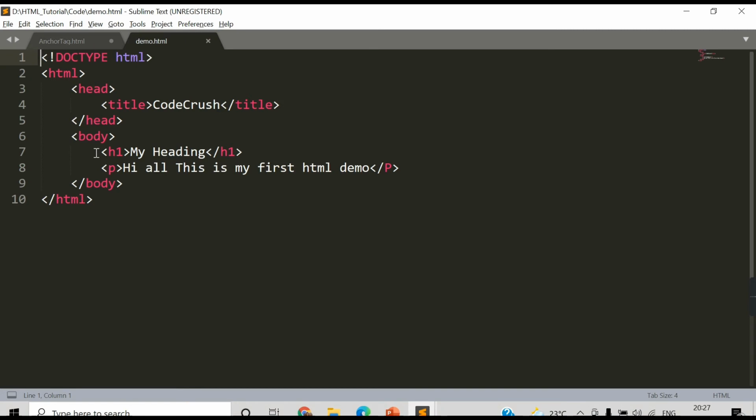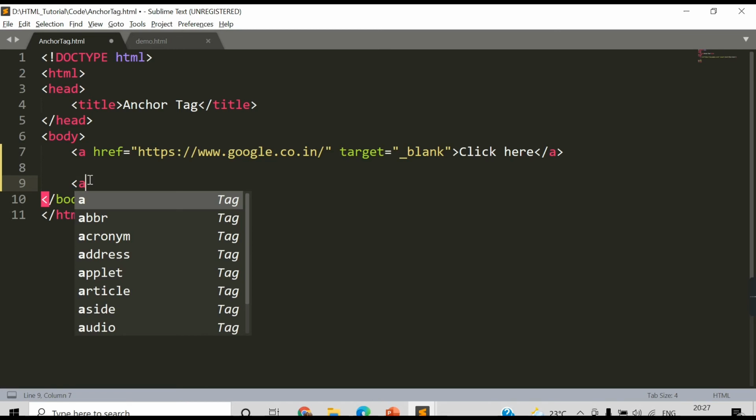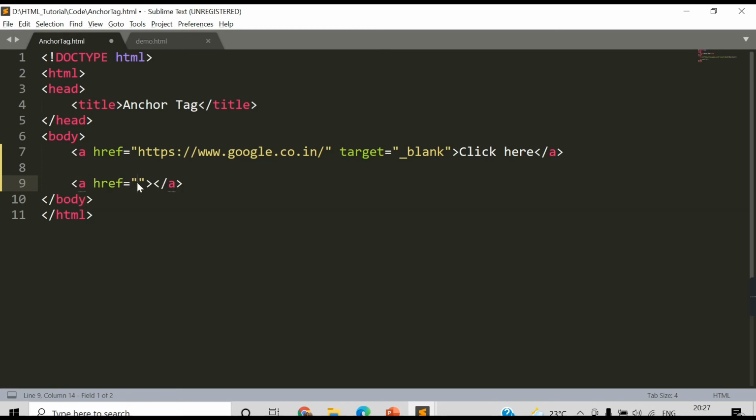In this demo.html, I have an h1 heading and a paragraph. This is the name of the file, demo.html. Let's introduce the anchor tag first. In href, I will provide the address of this file. Currently both these files are in the same directory, so I can just provide the name of the file.